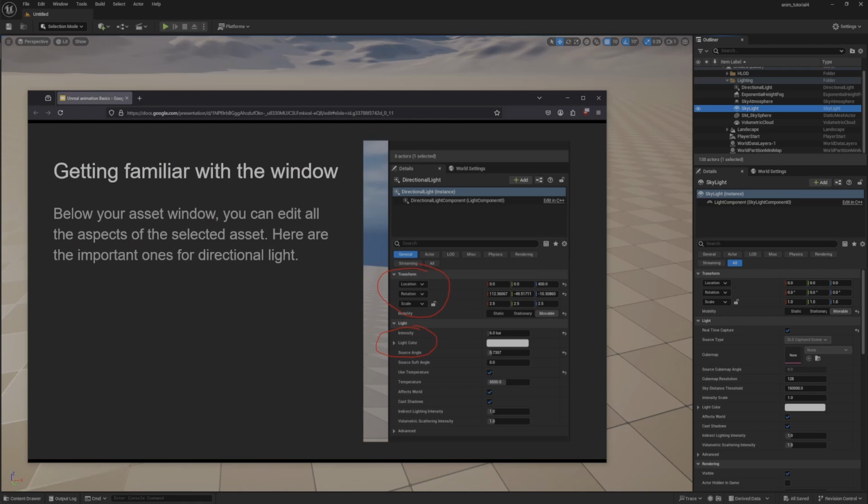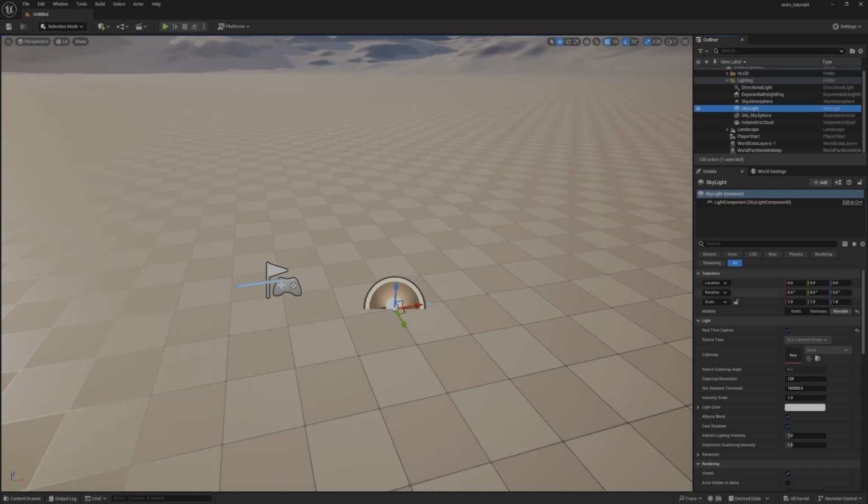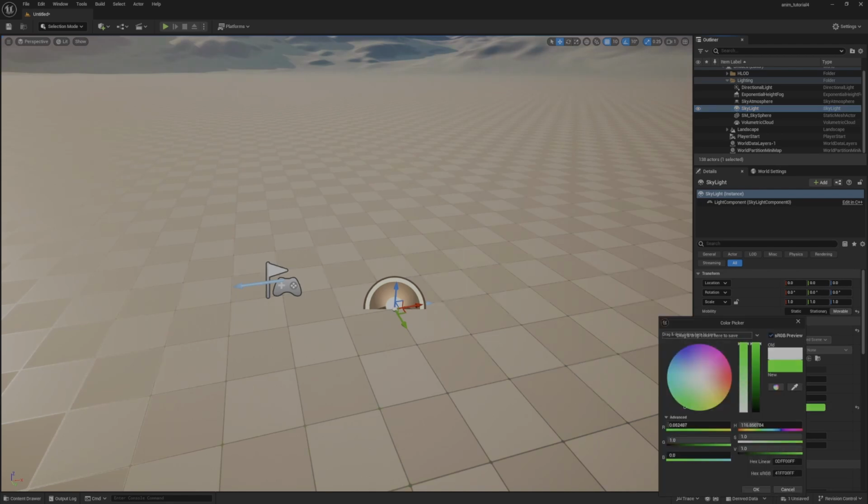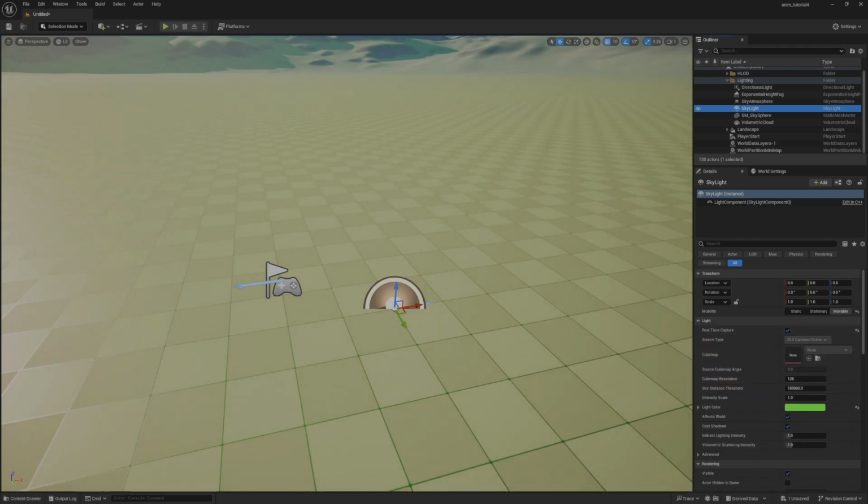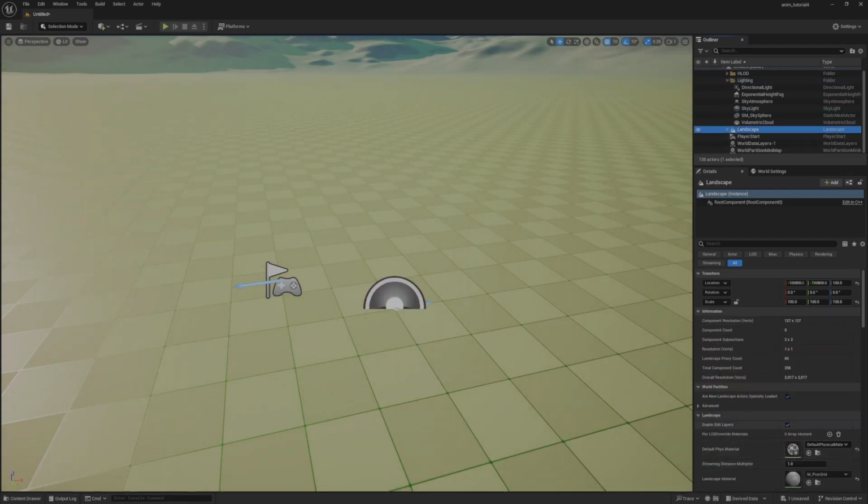And then beneath that, you have all your important information. So that's going to be where things are, how they're rotated, how big it is, and then you can change, like, here's how much light I want, or let's change the color to green. So it's pretty easy to just go, oh, there's that, and then here's the thing I want,